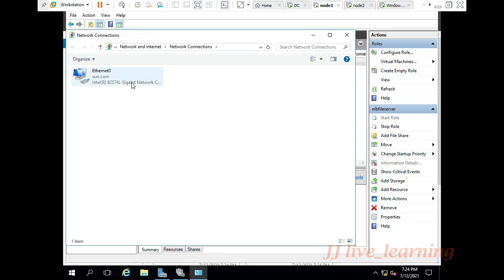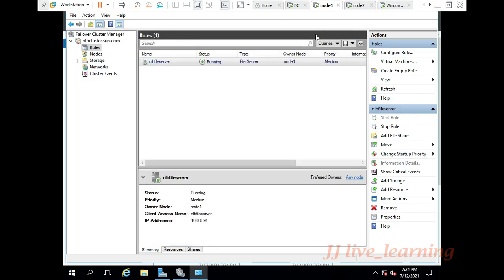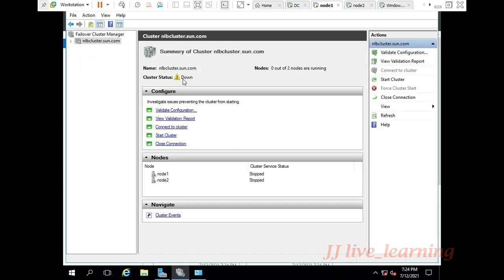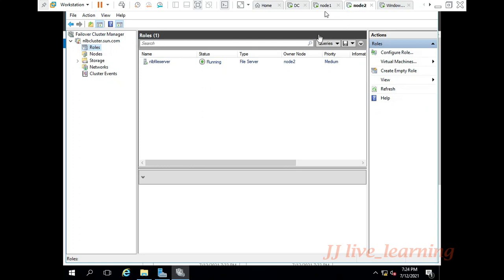Now I am showing the backend process. If node 1 fails, the failover cluster service will be down on your primary failover cluster system. So you can see the output totally down. Now go to the node 2.